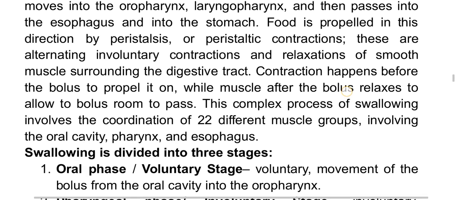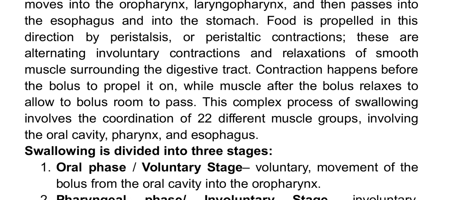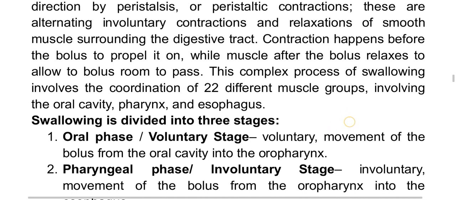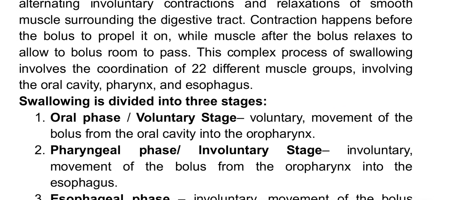These are alternating involuntary contractions and relaxations of the smooth muscle surrounding the digestive tract. Contraction happens before the bolus to propel it on, while muscles after the bolus relax to allow the bolus room to pass. This complex process of swallowing involves the coordination of 22 different muscle groups involving the oral cavity, pharynx, and